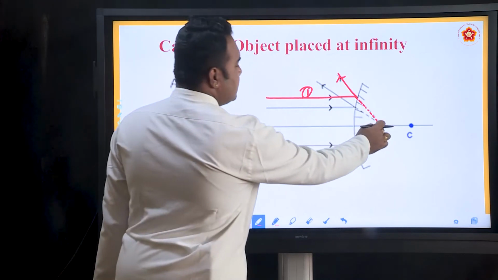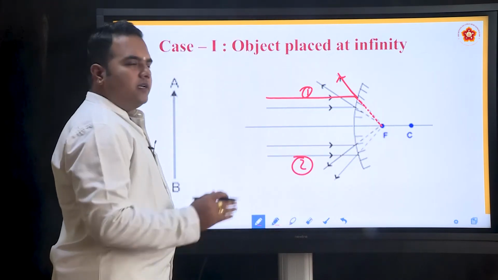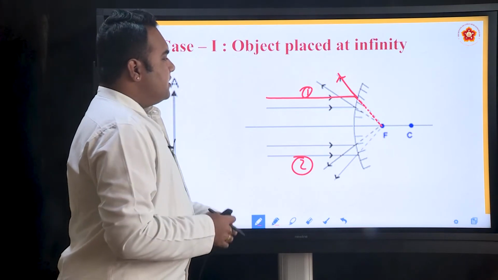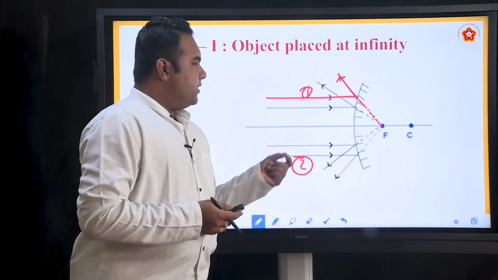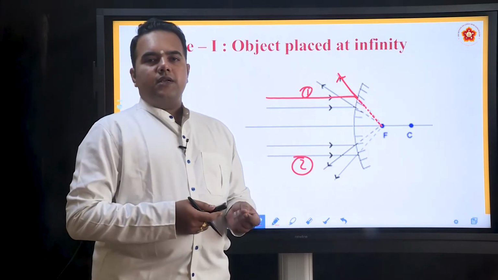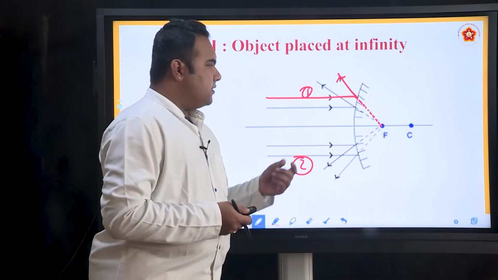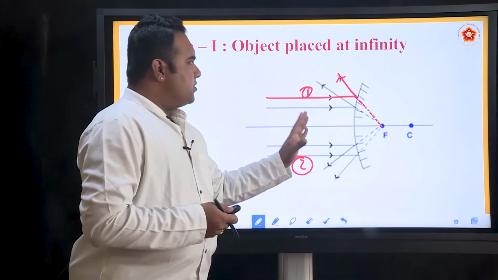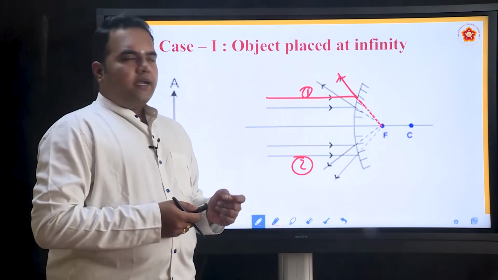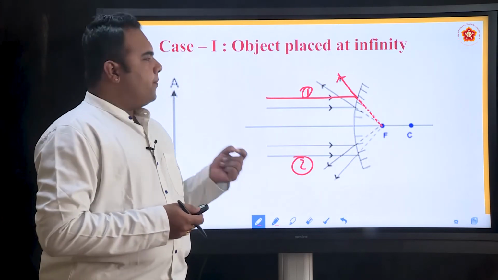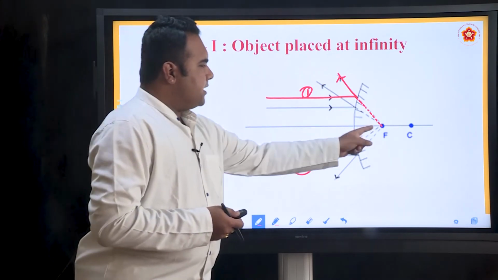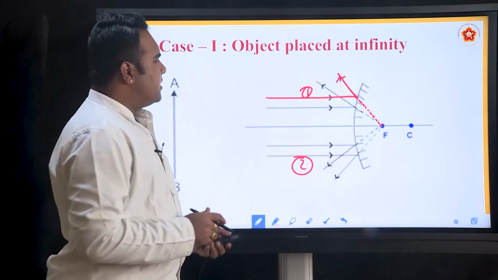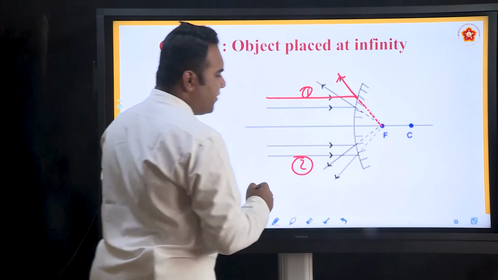The principal focus of a convex mirror is situated inside the mirror, and the method to find the focal length of a convex mirror is a bit more complicated than finding the focal length of a concave mirror, because the rays of light are not exactly converging to a point. So, it becomes a little bit tough to find the focal length of a convex mirror, but however there are methods to find that.